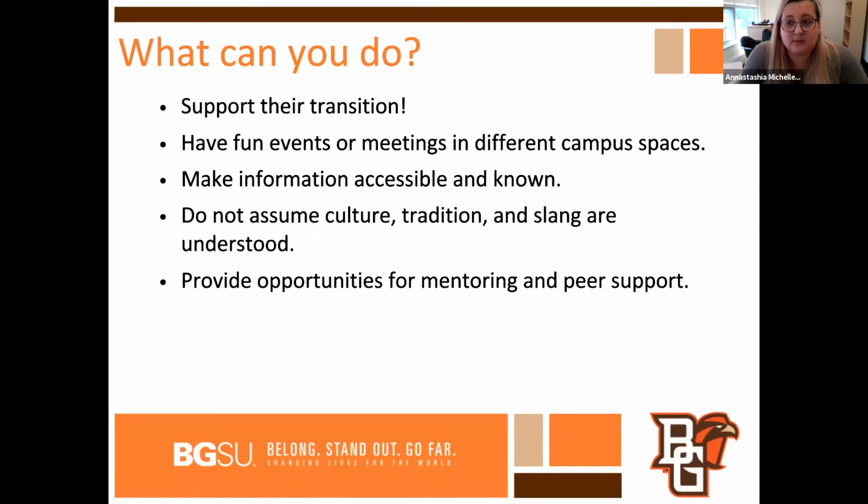So what can you do to support first generation students? In supporting their transition, you can make very clear where your campus organizations meet, right? BTSU. I was shaken when I got here and saw BTSU, because I thought it just meant BGSU. And then I had no idea where BGSU 207, or whatever number my first meeting was. And so, spelling out Bowen Thompson Student Union, when you're talking about arenas, oh, let's just meet at